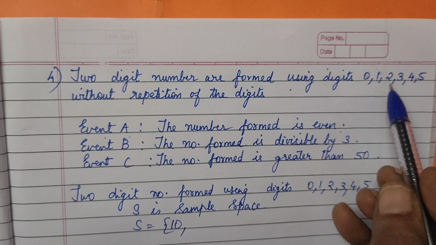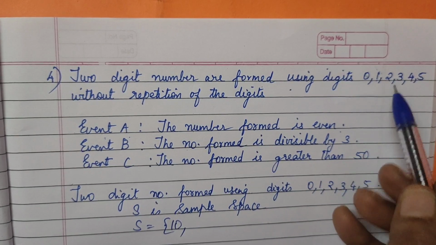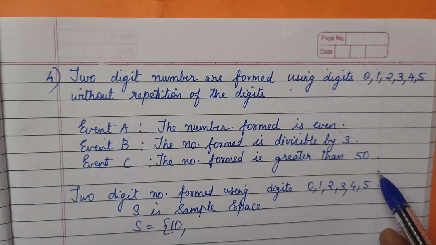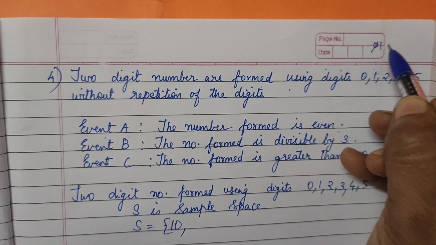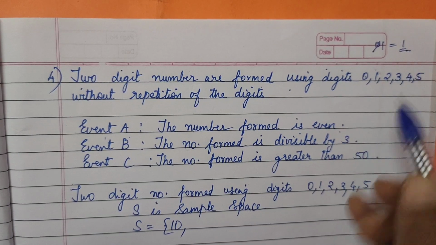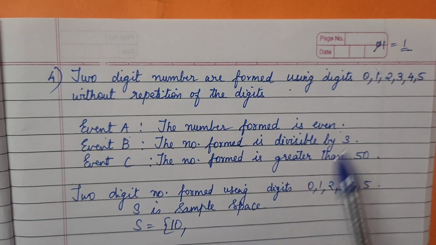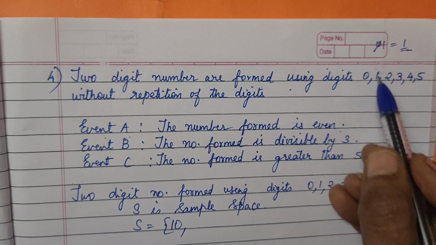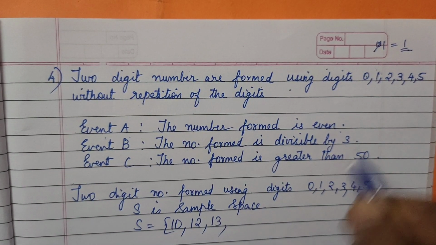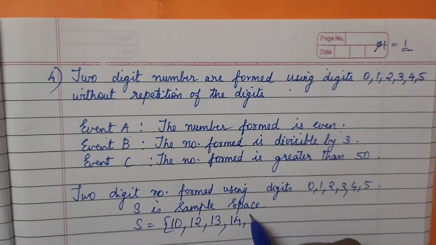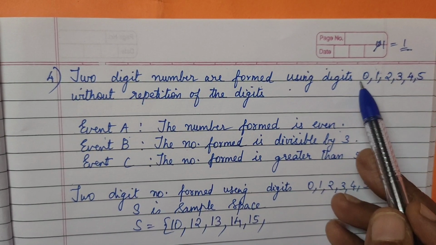Okay. Why am I not writing 0 1, 0 2? Because no number can start with the 0. So that's the reason. If we write 0 1, that is 0 can't be, so it is only 1. And 1 is not a 2-digit number. So we need to start from 1 0, 1 2, 12, 1 3, 13, 1 4, 14 and 1 5, 15. So all we have completed with a 1.